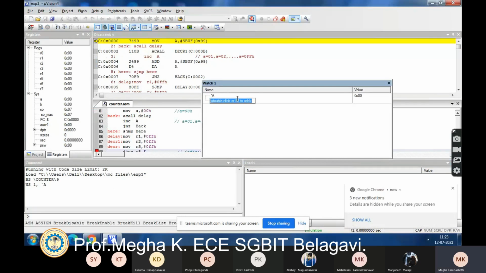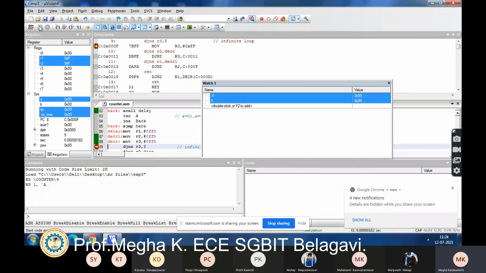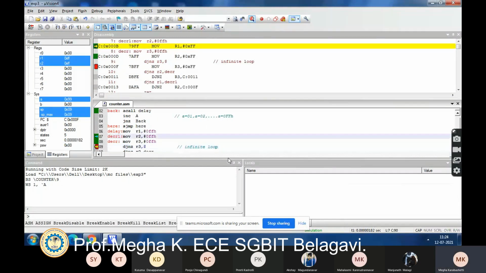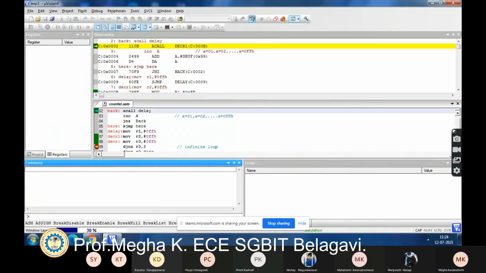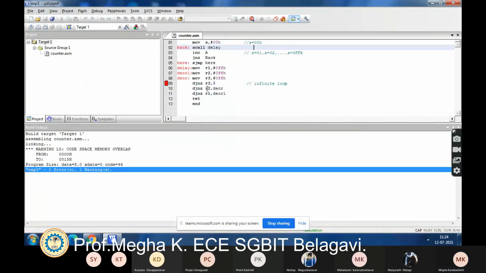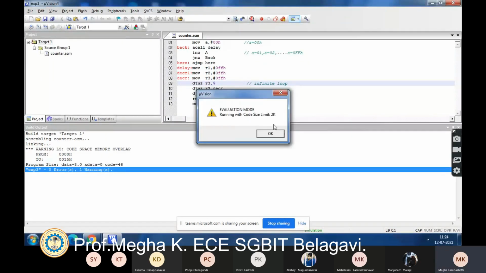Okay, now you can see another one I have created. So A is equal to 0x00h. I'll run the code. The breakpoint was added.